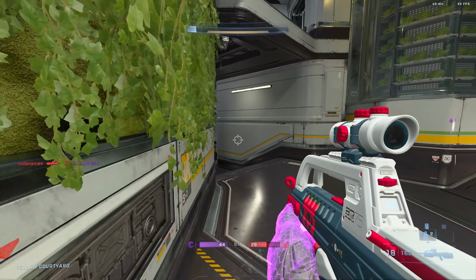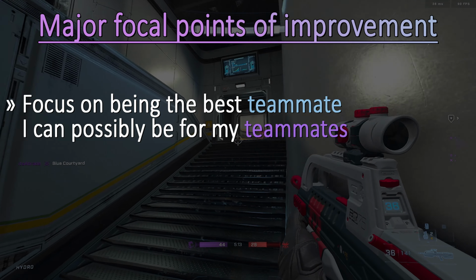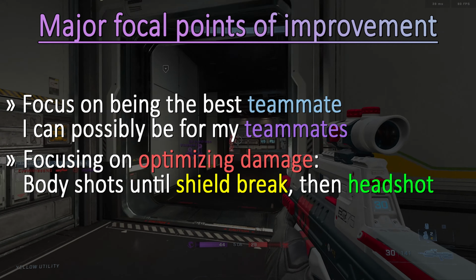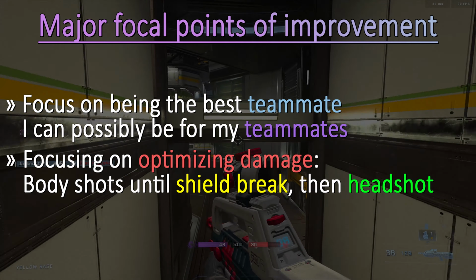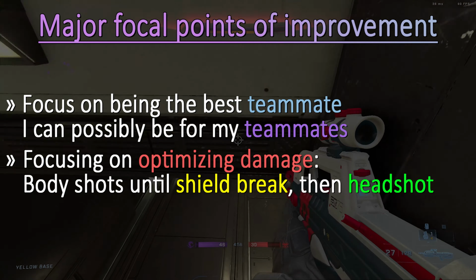Nonetheless, just to give a quick rundown: focus on being a better teammate, focus on actually shooting in Halo properly, which is popping the shields, right? Valuing damage over the kill, and valuing my positioning in correlation with my team in order to be a better teammate. Those are the 4 things that I've been working on a lot,